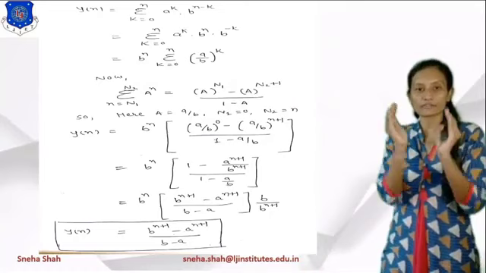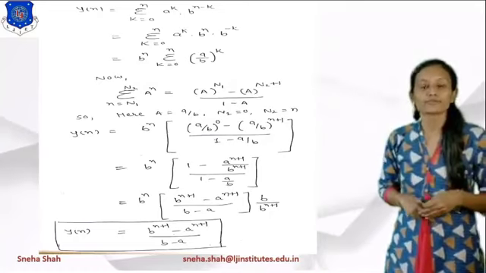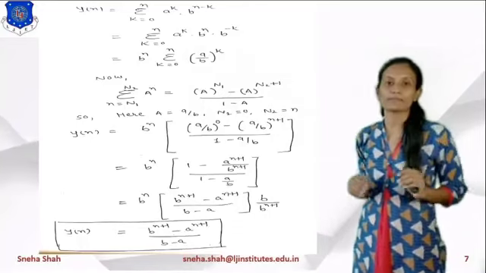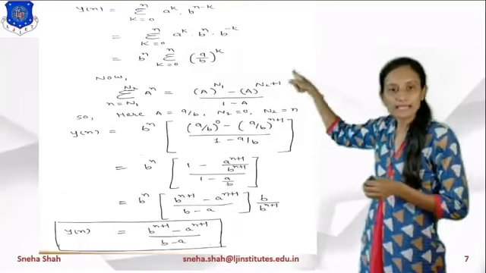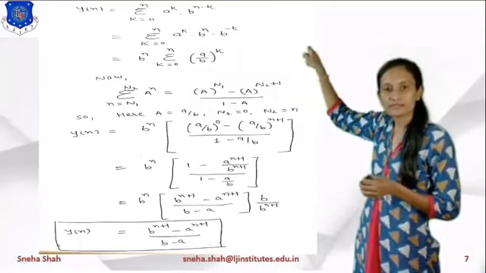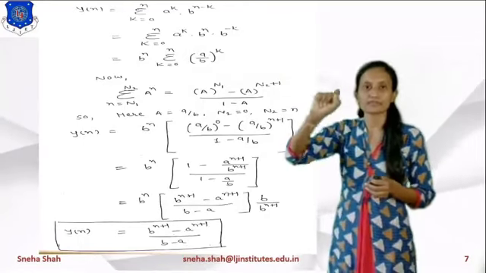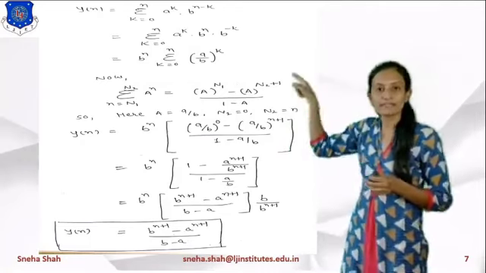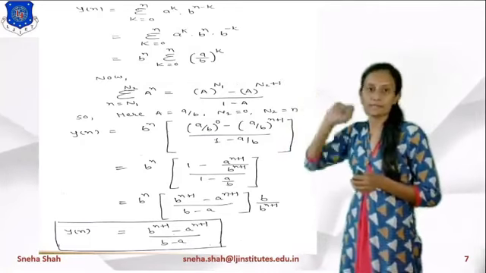It will convert in terms of a raised to n, right? Here the summation is of k, so we write it in a raised to k form. The term will be like this: a by b raised to k, because b raised to minus k means b raised to minus 1 raised to k, and b raised to minus 1 means 1 by b. So the term will be a upon b raised to k.